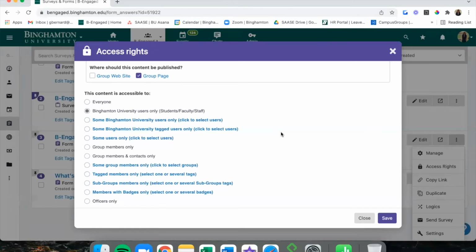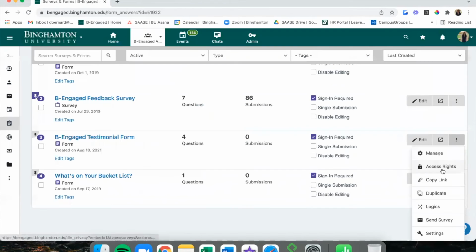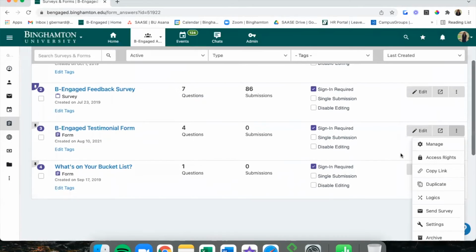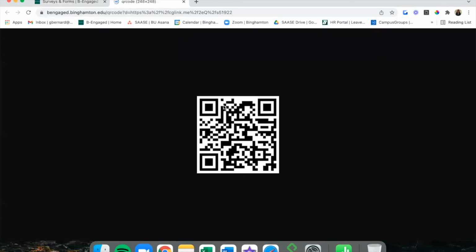This section corresponds to another section in the settings option, which is under this drop down that I'll show you when we get there. The copy link option, similar to the copy link option for every event, connects you to the specific link for your form, which by clicking that button, copies it right to your dashboard, and you can paste it, send it off,